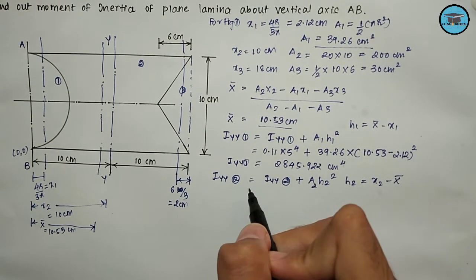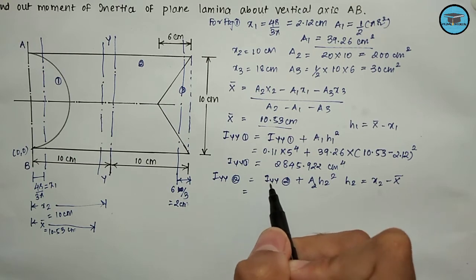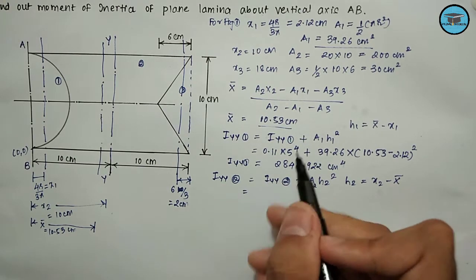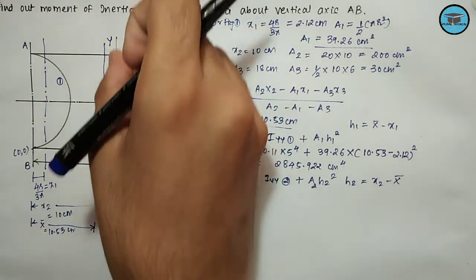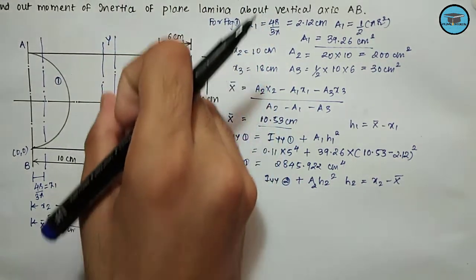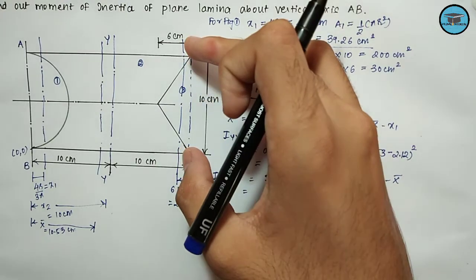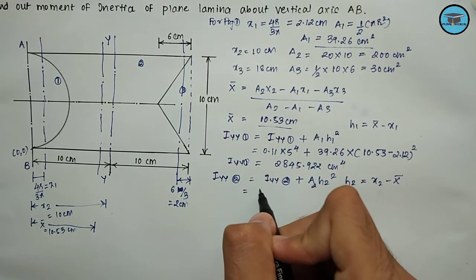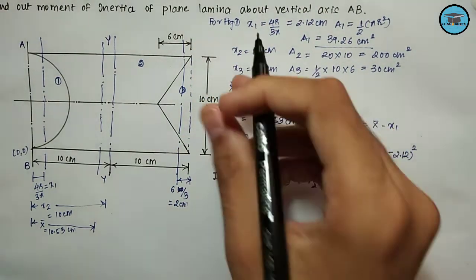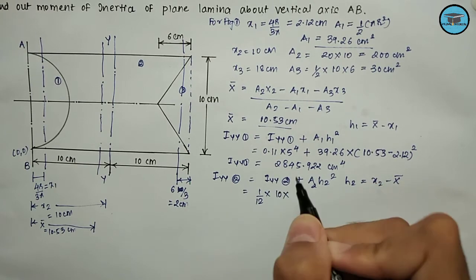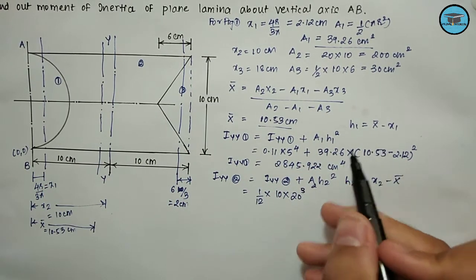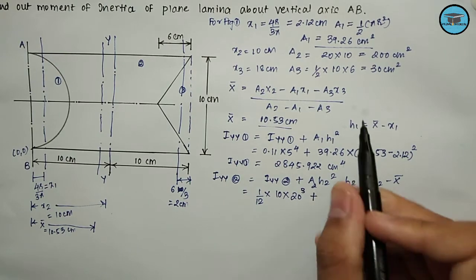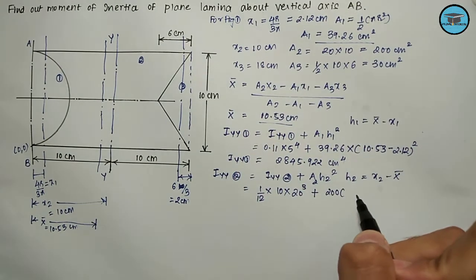Okay, so Iyy2 can be given as 1 by 12 bd cube, and b is nothing but a dimension which is parallel to the axis. So here we are considering the axis in the y direction, so the parallel dimension will be 10 centimeter. So 1 by 12, and the value of b will be 10 and the value of d will be 20. Okay, so 1 by 12 into 10 into 20 cube plus area that we have obtained as 200, x2 minus